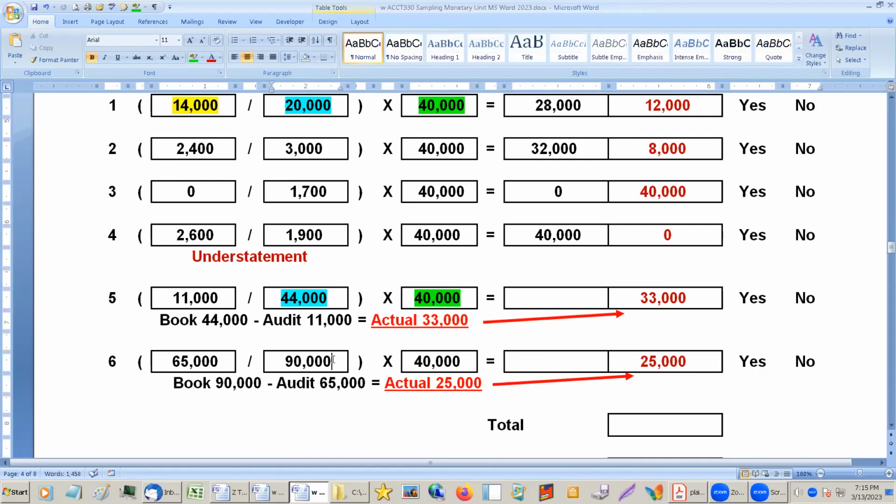So this occurs when the book value is bigger than the interval. And this is when you're 100% sure that this thing is going to get picked because it's bigger than the interval. In this case, more than twice as big, but regardless, if it's bigger than the interval, then you take the actual amount that it's misstated by. So these last three are kind of wacky.